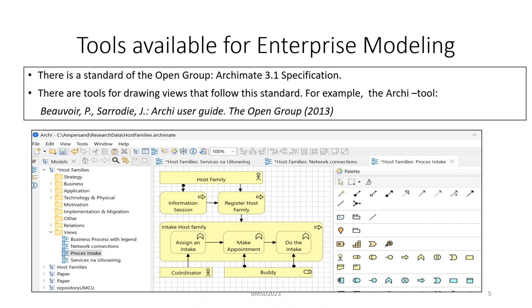The tools provide a palette of elements and relations for different notations, workspaces to draw views, and an underlying storage of all instances of elements and their relations in the views.